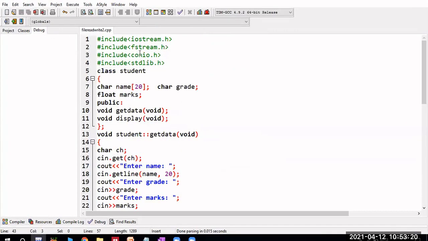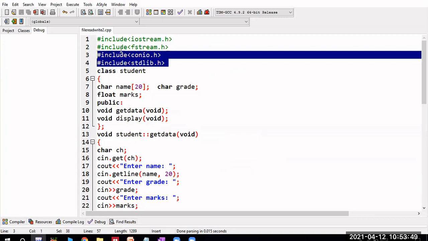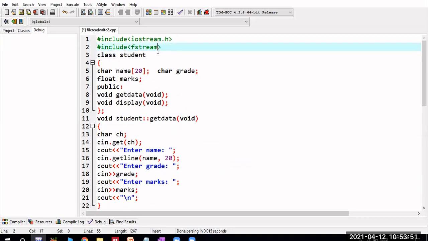Yes, sir. This is another program, used to read class objects. In the previous program we saw how to read a single structure data. For reading the structure data, I use the structure variable and the function read, which takes a character star with the address of the structure variable as a parameter, and the size of the structure variable. In the same manner, if I want to read class objects, I have to use this.